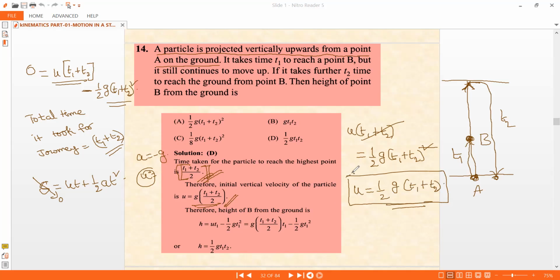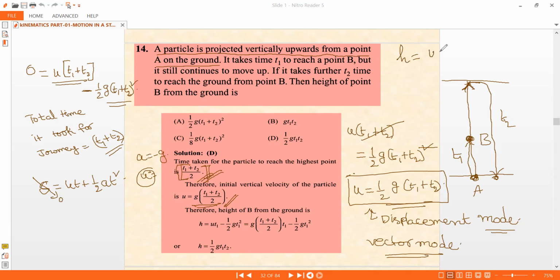That is for displacement mode. So the displacement mode method, we got it. I'll explain this once again, don't worry. This is called the displacement method, or we can call this the vector mode method. In this you got this u, and after getting that you can calculate height h.